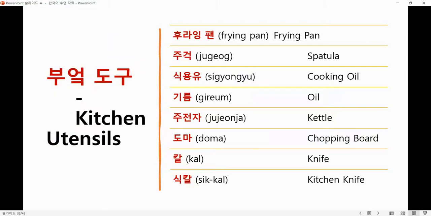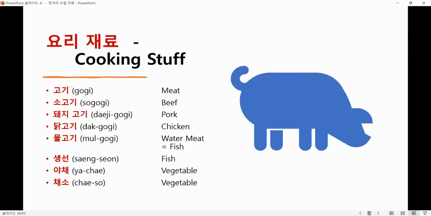We have now kitchen utensils, and we need to have also kitchen cooking stuff so that we can continue our cooking. So we can have, first of all, 고기. What is 고기? Are you carnivorous? Because gogi in Spanish means carne. In English, it is meat. So, are you fond of